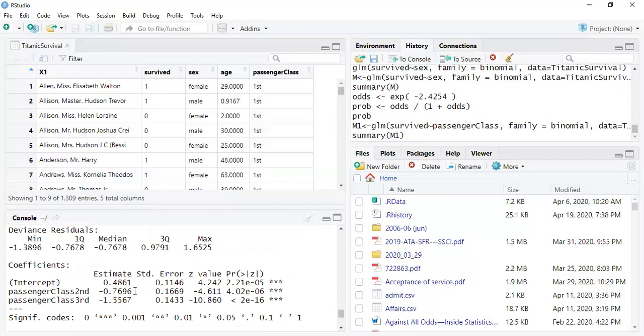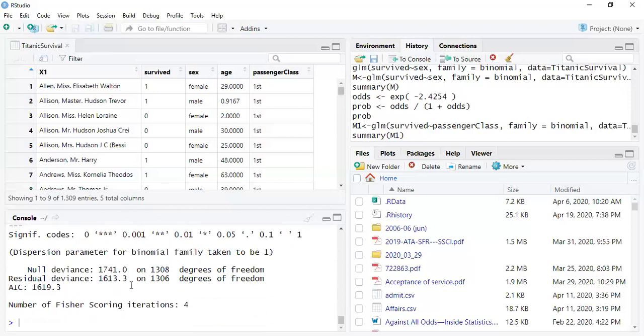This is 1716. So that residual deviance isn't going down much lower, and that's something that, if you're going to publish a paper, another person, or if you're in a peer review, would say, well, your residual deviance isn't that low, and the gap isn't that big between the null deviance,